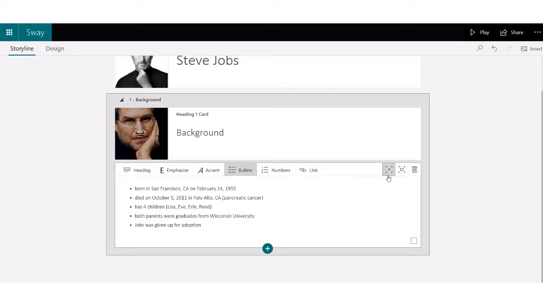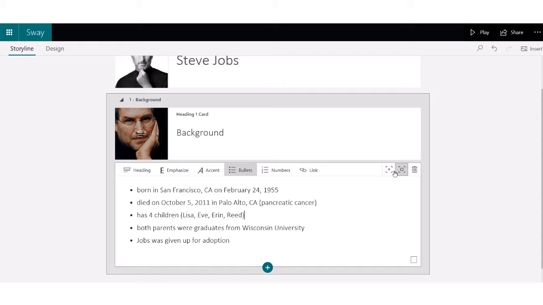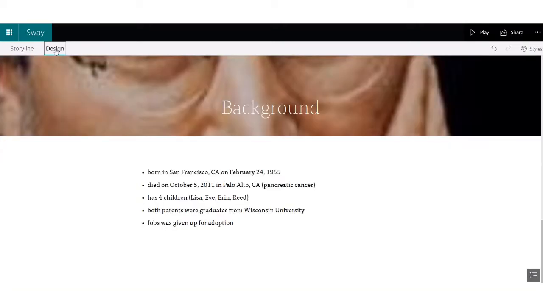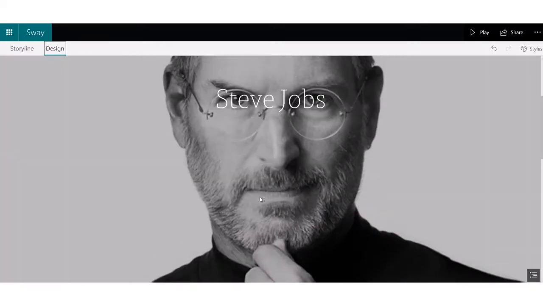Now over here, there's two choices called emphasis. So for text, you have two choices, subtle, which is what you see here, and then moderate. So when I select moderate, it's just going to enlarge it. But what that looks like in the Sway is if I go into design to get a preview of what it looks like from the beginning,